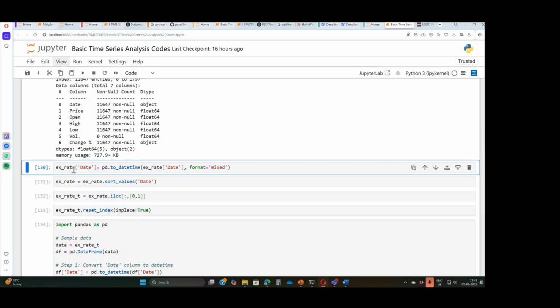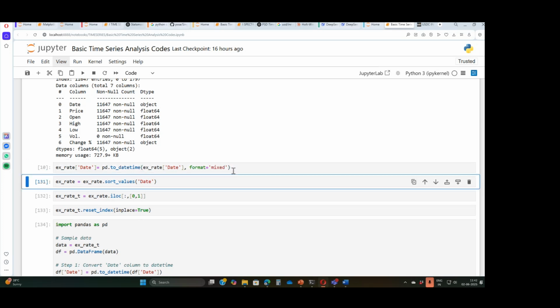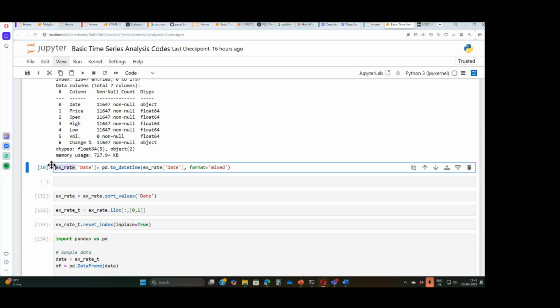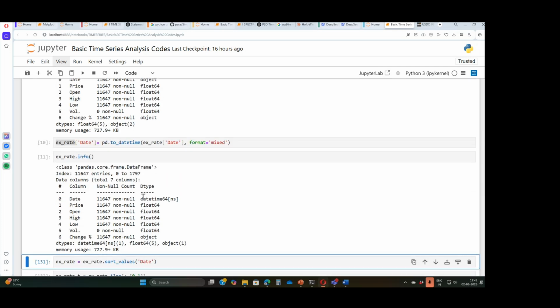So in order to convert it into a date object, what I will now do is I'll say exchange rate date, the name of the variable is date, equals pd.to_datetime. I want the date, and the format could vary, whether we combine it from 2 or 3 files. So I first take that and then go back and check whether it has been converted. I say exchange rate. Now you notice that it is converted to date.